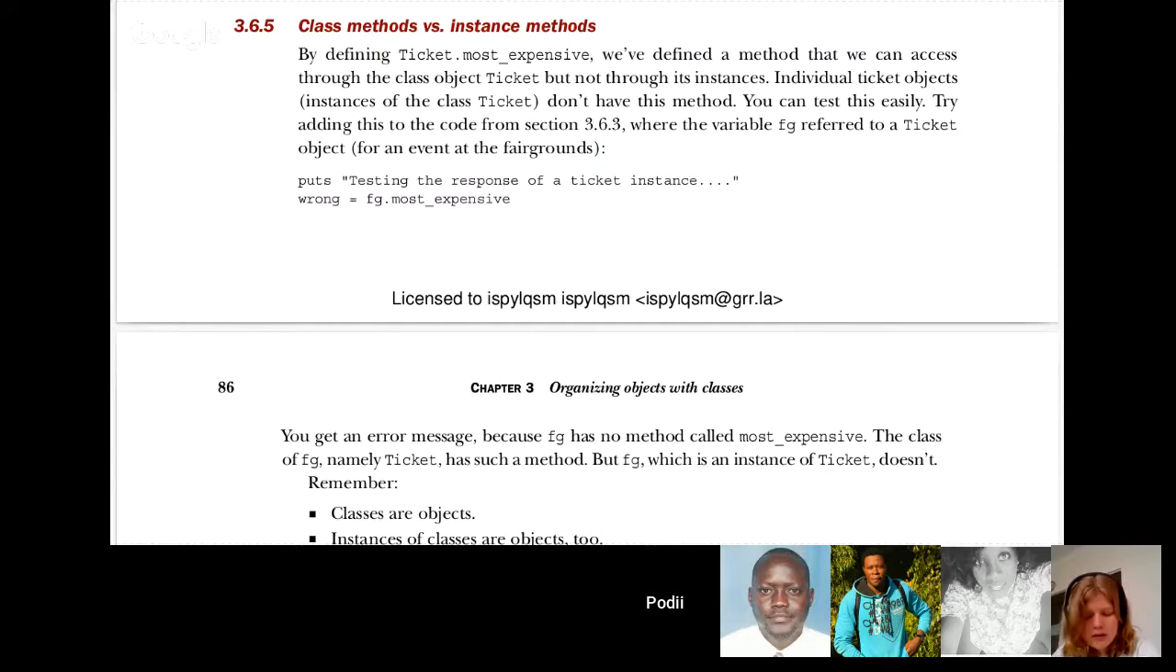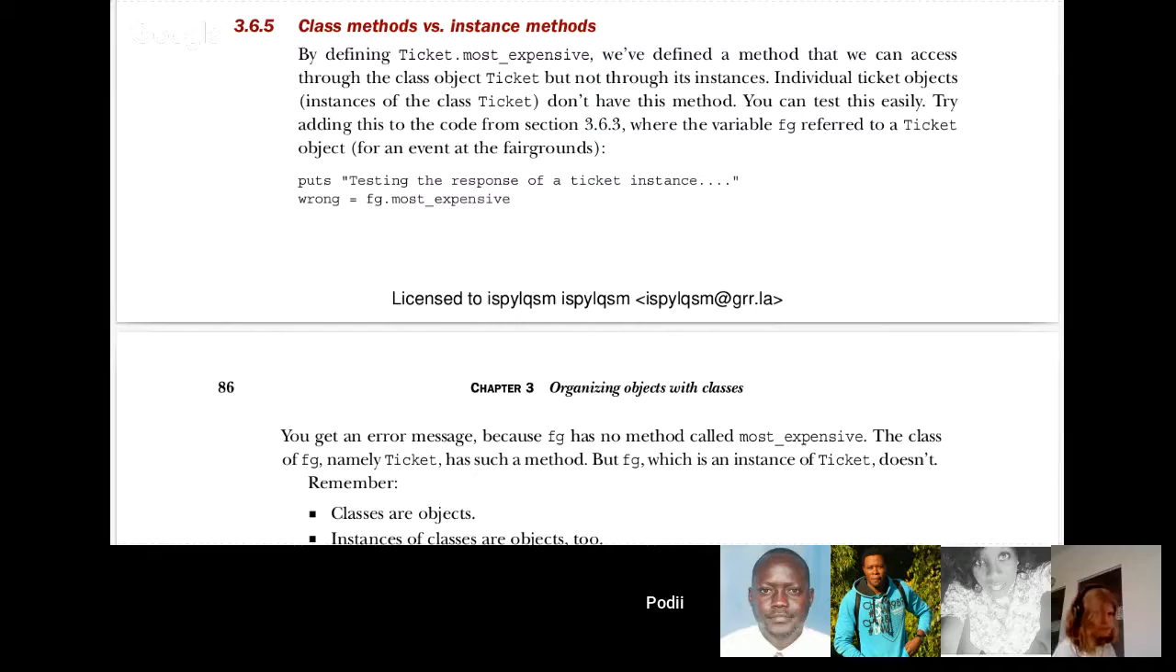Yeah, I think that makes sense. So it's the same as the new method, which you don't need an instance to call new on ticket. Instance ticket objects don't have this method. Okay, so it's saying that we've defined this method and you can access it through the